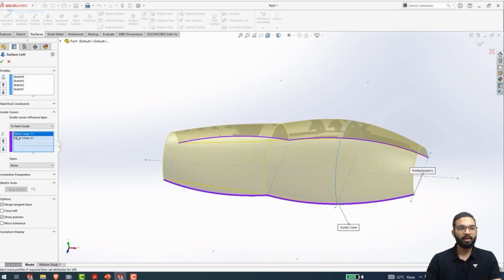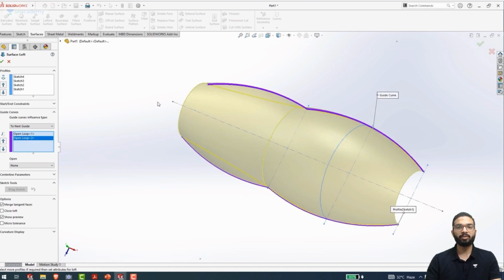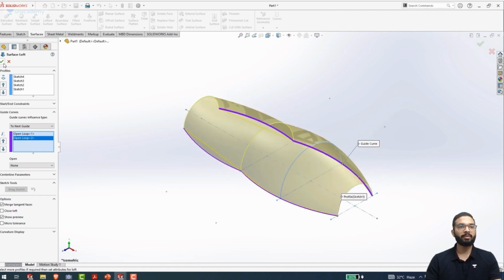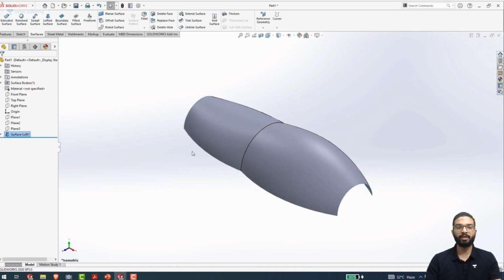It has taken this guide curve as one complete guide curve, calling it open loop 1, and this one as open loop 2, considering it one complete guide curve. Once I have done this, I will now simply click on OK and generate my profile. You can see here with the help of lofted surfaces, I have created our base feature. Now we will move ahead and create our